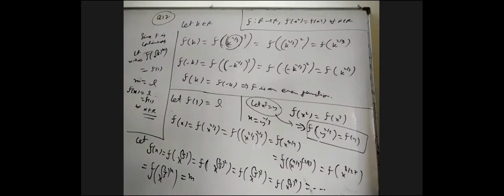Is that okay? Please try to understand if you have any doubt about any part of it. We have developed a sequence where every element of that sequence is the same, and the last term of that sequence should be f of 1. Whatever x you take, they all should finally be equal to L only, provided f of 1 is L. So please take time to understand and write it. But if you have doubt, please tell me, I'll explain.